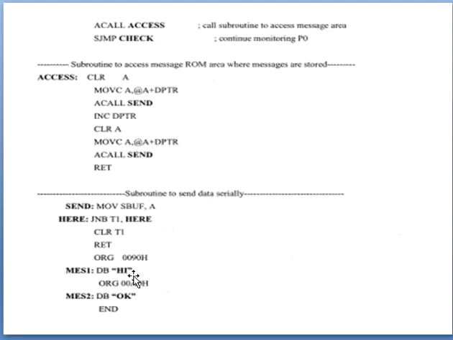Again ACALL ACCESS, in the sense again we are going to call this: CLR A, MOVC A, @A+DPTR. At DPTR, the first character is O, which will be read the same way using the calls, and it is going to read here. Then increment DPTR, in the sense it comes to the next character K, which is taken in through this send program, and it is going to execute. Using the return, it is going to execute any next values that come. So this is how it is going to execute this program. Next is about